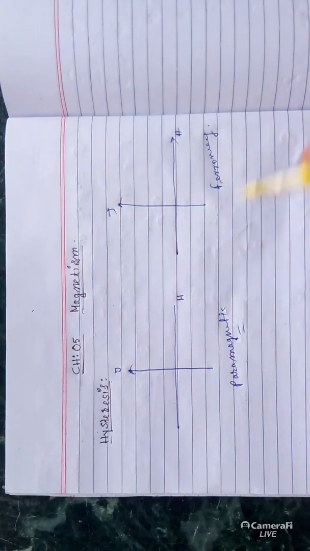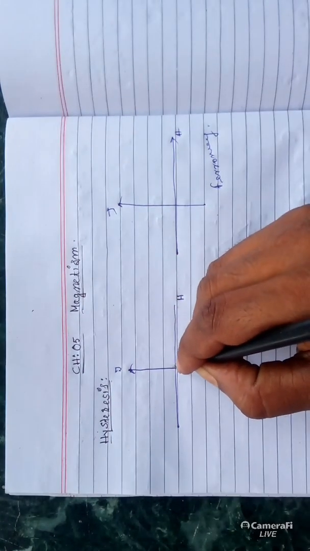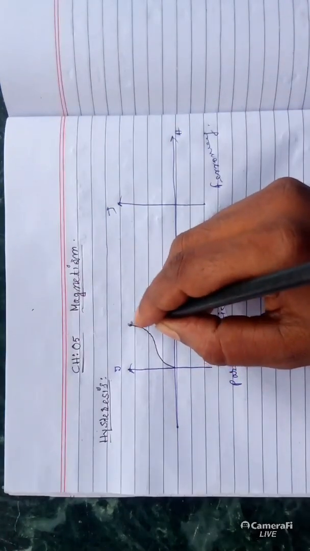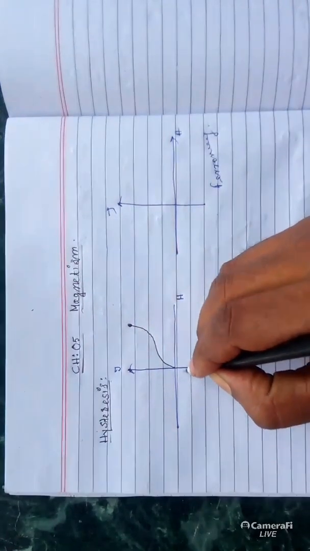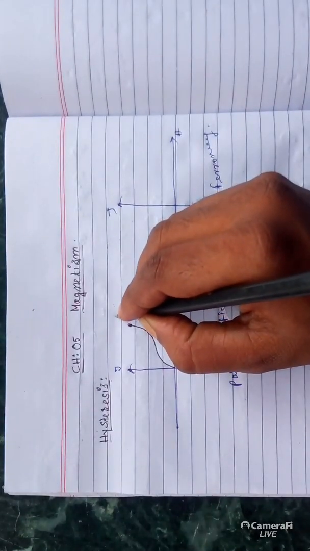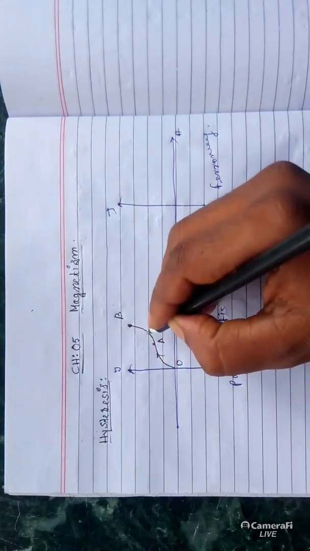Now, if we place a ferromagnetic substance and a paramagnetic substance and increase H, that is, the magnetic field intensity, J will increase in some non-linear fashion. Notice here, if we increase H, J increases non-linearly and comes to this point. Let it start from the point O and come to the point B through the path A. Along this path.